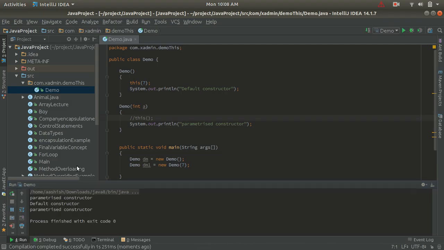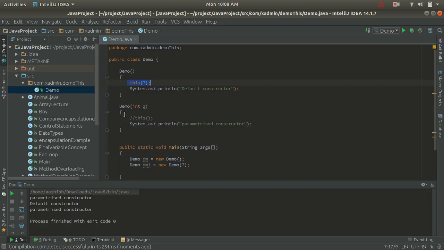So you get the output as the parametric constructor, default constructor, and the parametric constructor. At the time of the first object creation, it called the default constructor, and here it found that the parametric constructor is to be called with this keyword.